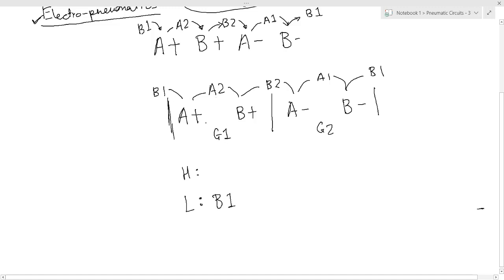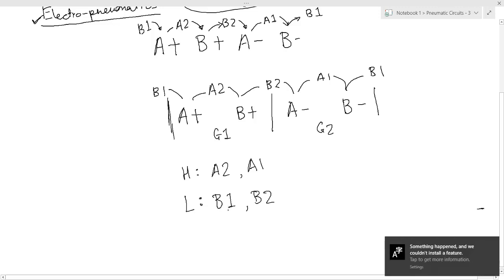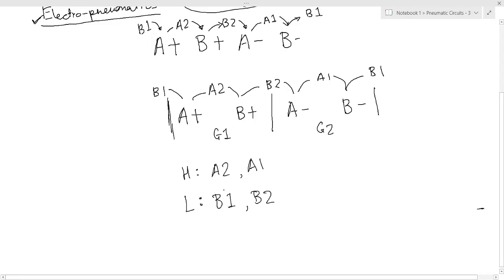A2 is doing what? A2 is going from group 1 to group 1 only. So A2 is a higher limit switch. What is B2 doing? B2 is going from group 1 to group 2, so it is also a lower limit switch. What is A1 doing? A1 is going from group 2 to group 2. It is inside group 2 only, so it is a higher limit switch. So we have decided which are our higher limit switches and which are our lower limit switches, right? So this part is done.